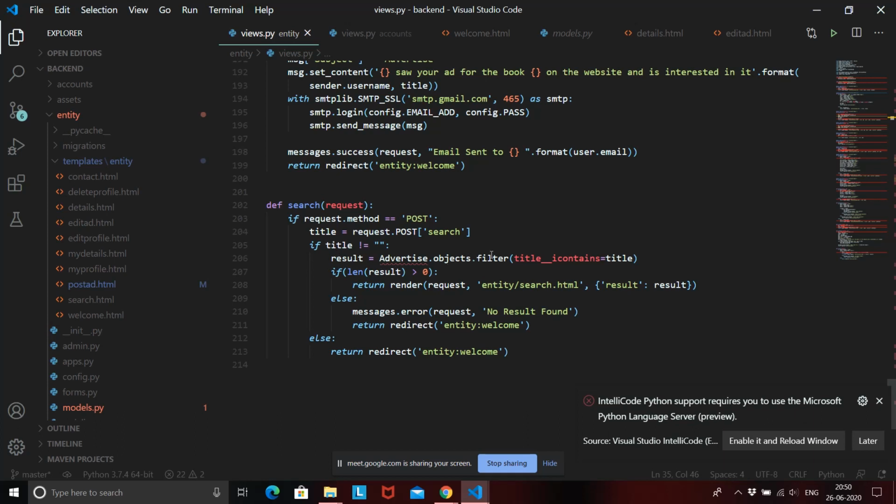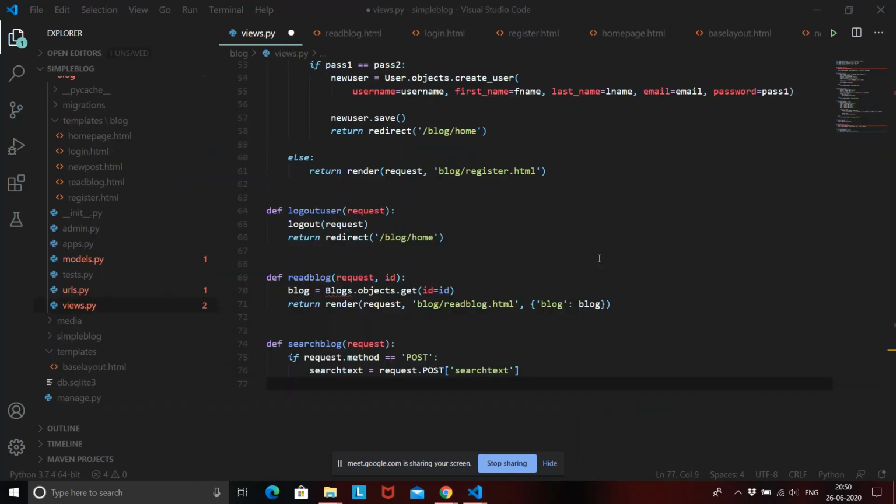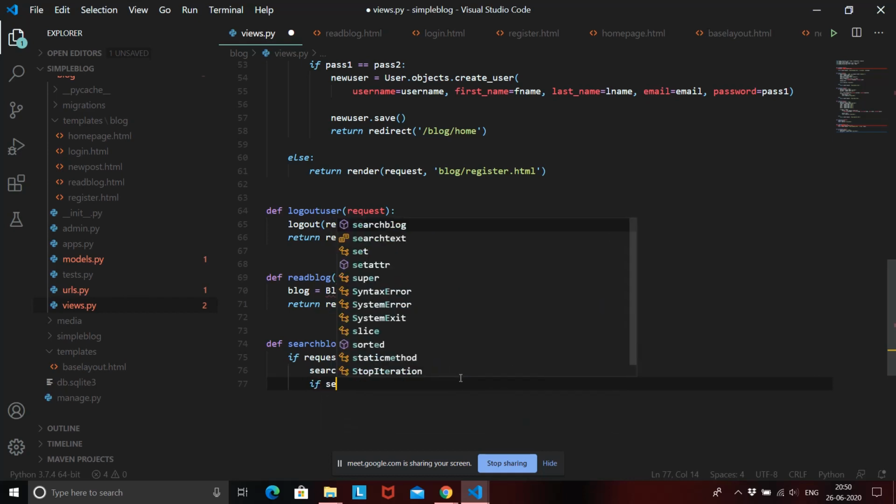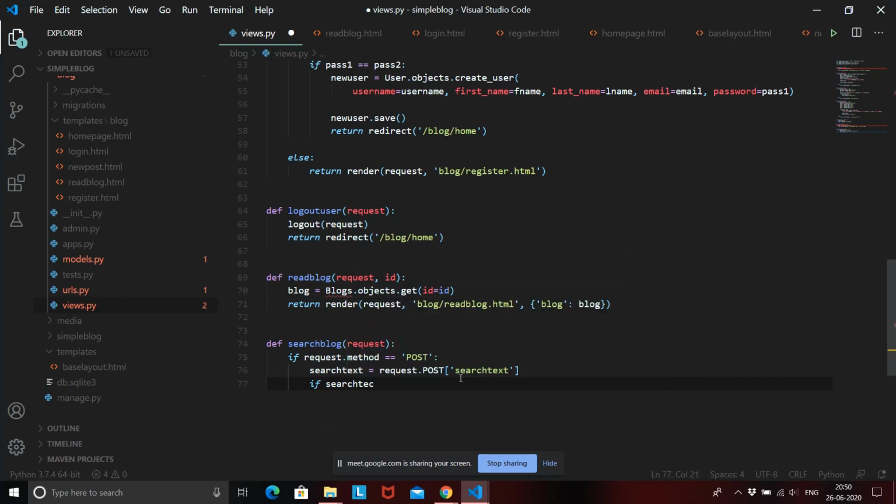Okay, the function name is called filter, and it is going to take the title as a parameter, and it is going to check if the search text is equal to a parameter or not. Okay, so let's try to do that. So first of all, we need to check if there is some text or not. So what we'll do is we'll say if search text, that is the text coming from the URL, is not equal to an empty string. Okay, if it is not equal to empty string, then we should search something. If it is an empty string, then we don't need to do anything. We just have to ask the user for an input.